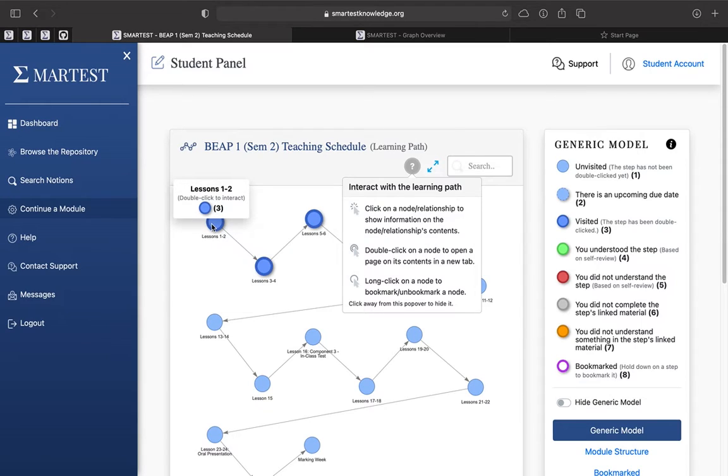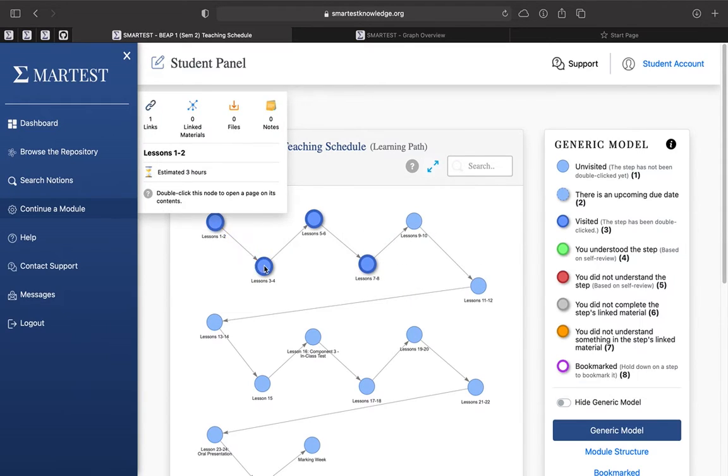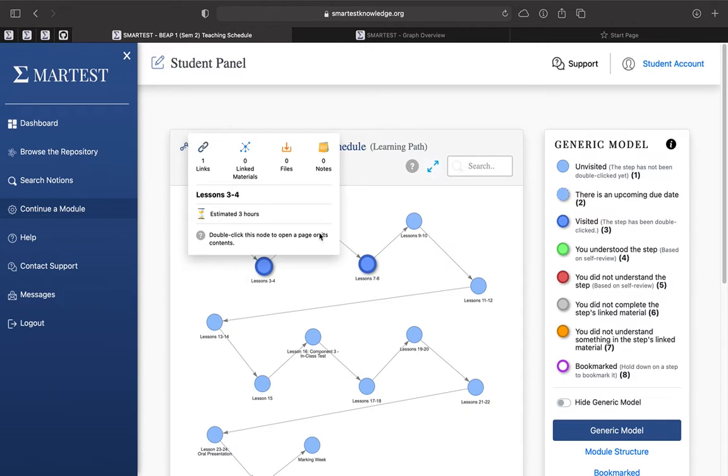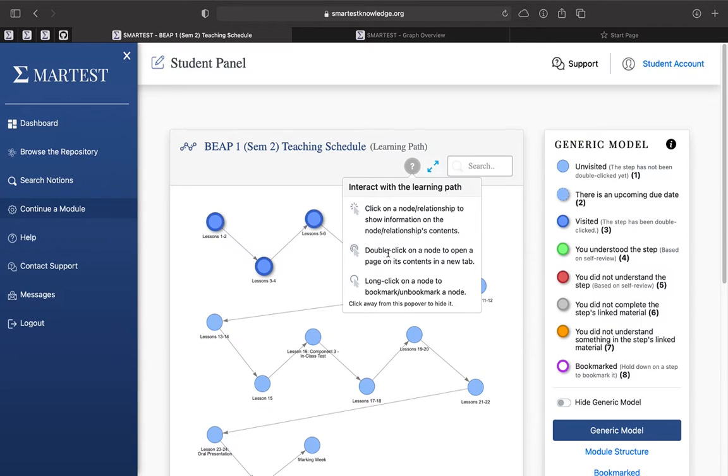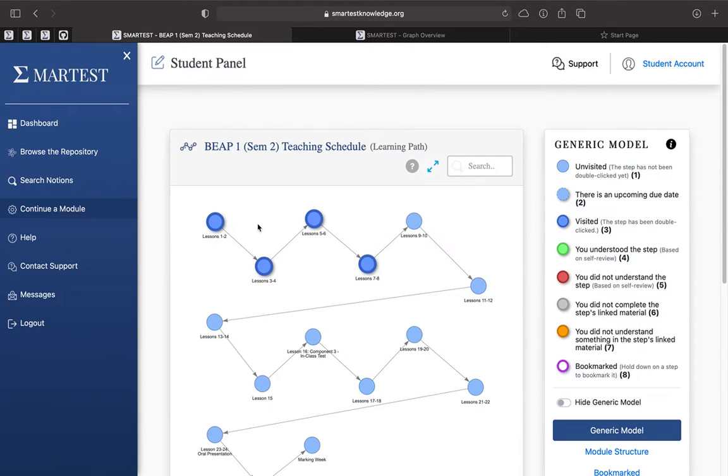That's basically a rough summary of what's inside the node or the relationship. And it says to double click on a node to open a page on its contents in a new tab. Well, it will actually load in the same page, but